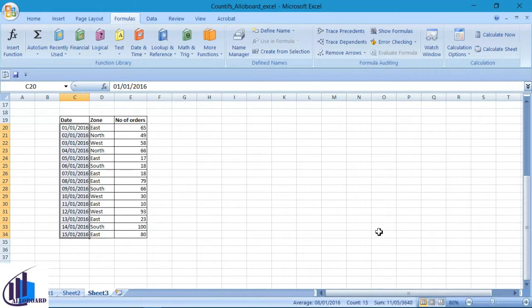In this example we have 15 rows. Let's say we want to find the number of rows which satisfy some specific condition. In order to do that, the COUNTIF function can be used. So let's take an example and see how the COUNTIF function is used in Excel. This particular table shows us the orders which an e-commerce firm has got on various days in various zones